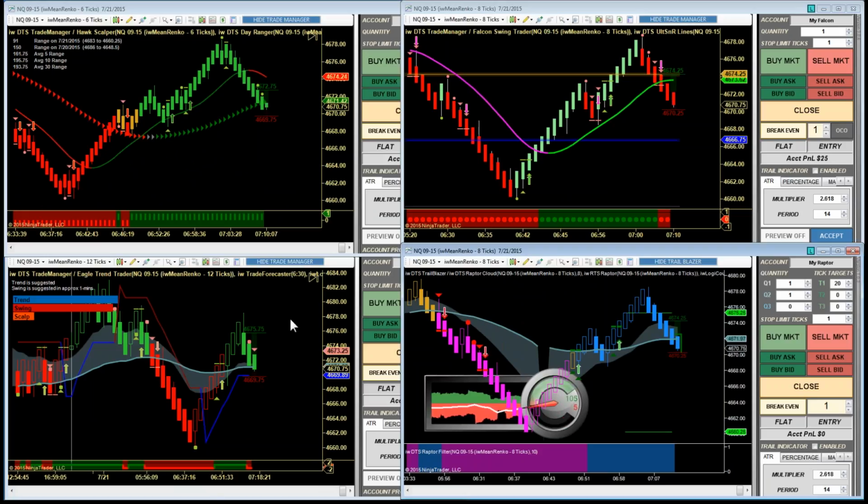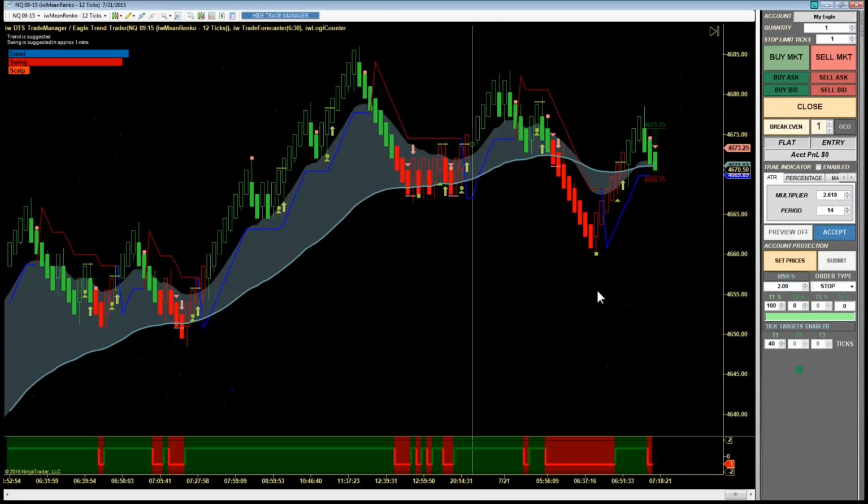Now, here's something interesting. Here's a green bar sell on the Eagle. The band is still very much in transition, right? It's flip-flopping back and forth. However, you could short this based on the test of the extreme and the fact that we're expecting a second leg lower. Right? So it's not the ideal setup, but when you take your chart in context,